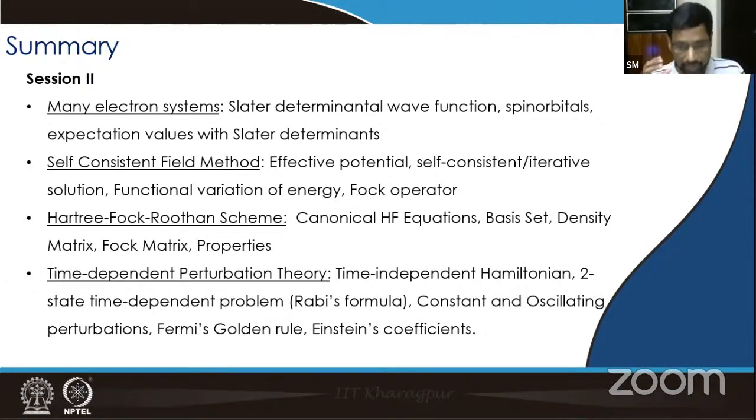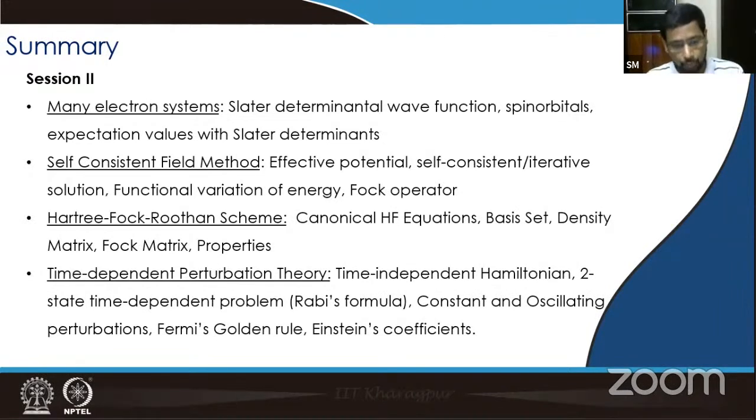And finally, the most important one was the oscillating perturbation. I call it most important because it has enormous significance to spectroscopy. This oscillating time-dependent perturbation simply represents the case where light, or electromagnetic radiation, interacts with